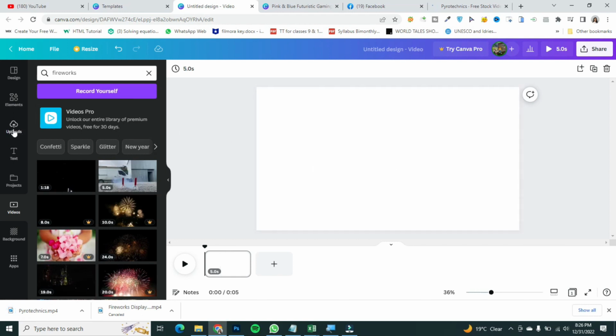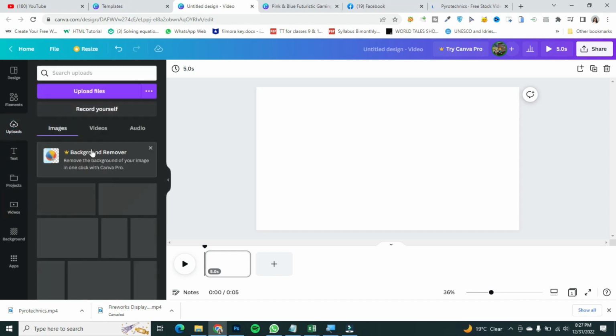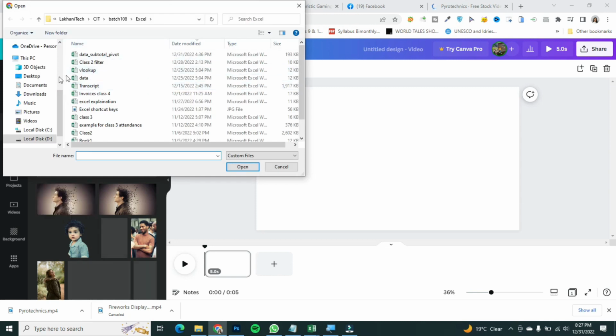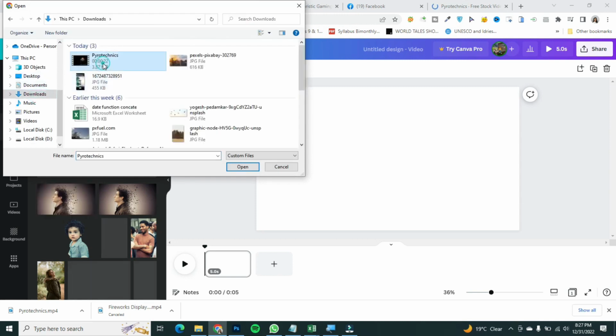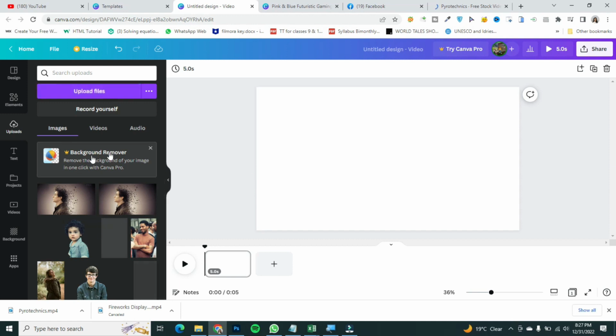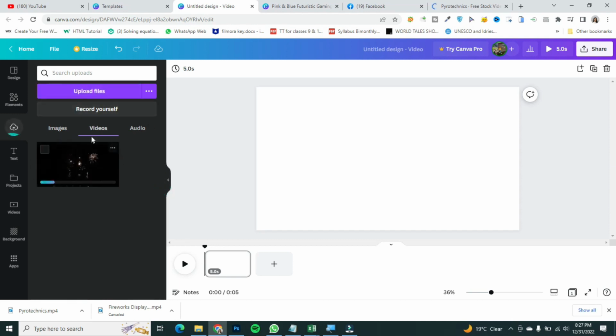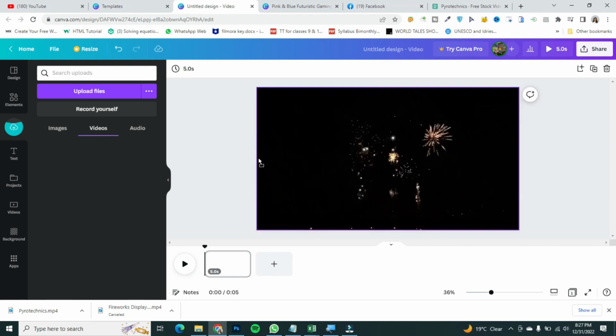You're going to go to uploads option. You can see how you used to upload your videos here, your photos here. You can just do the exact same with the video. Click on upload files and go and search for your video. Click open, and now you can see the video is going to come over here. Over in the video section, it will load for a bit. Then you can import it into your canvas. You will just drag the video like this, put it on the edge, and you can see the video